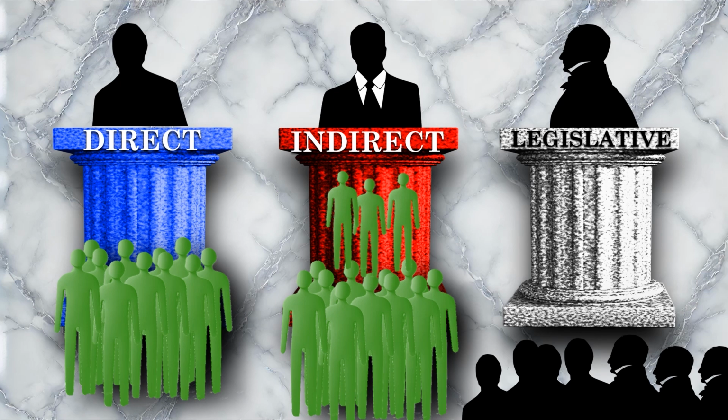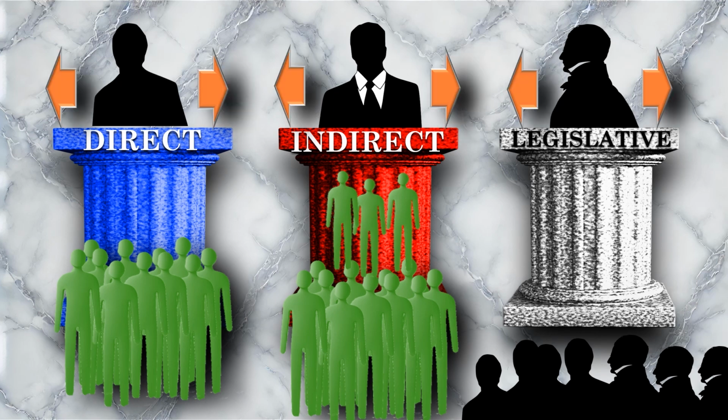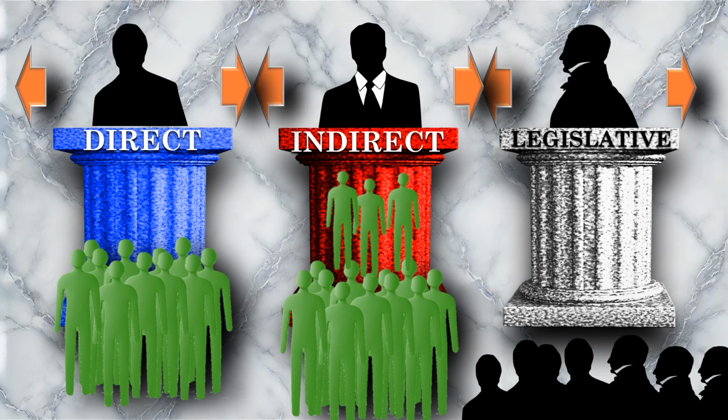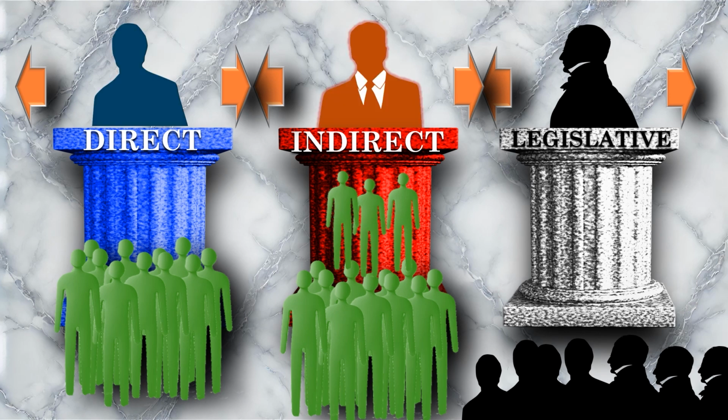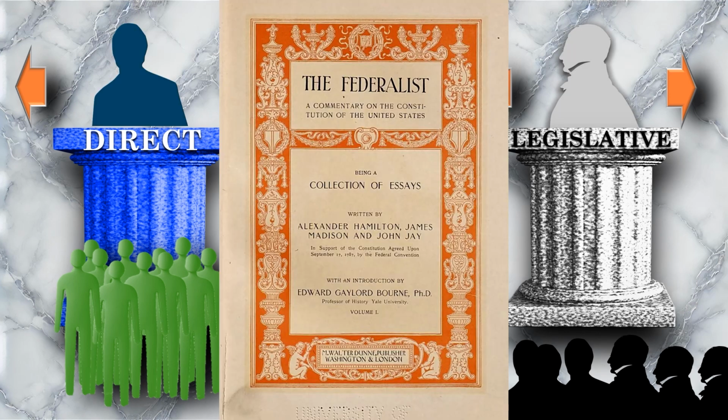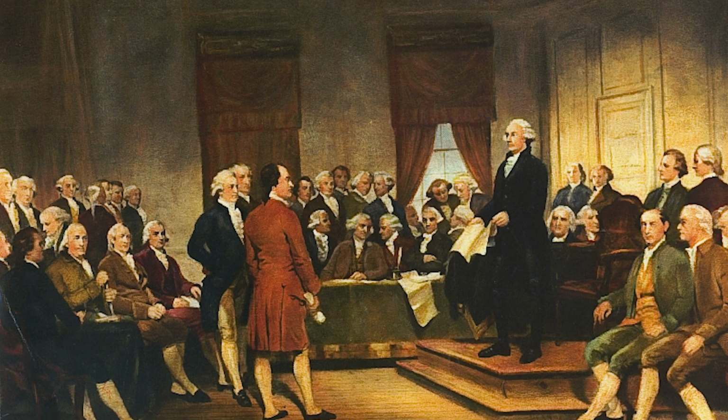Taken together, all 3 methods inherently provide a check on each other. If the candidates were not meaningfully different from each other, they would provide no real check on each other, because their biases would all be the same. The United States Supreme Court has recognized that different election methods lead to different kinds of candidates being elected. This is explained in greater detail in the Federalist Papers and was discussed in the Constitutional Convention as among the reasons for providing these different election methods.